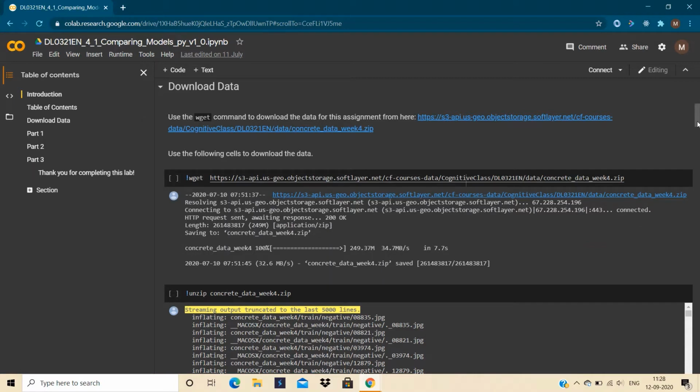So here we go. First step is to download the dataset. This dataset is similar to the previous one, but some images will be different.